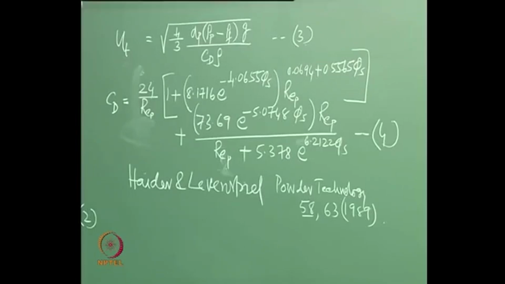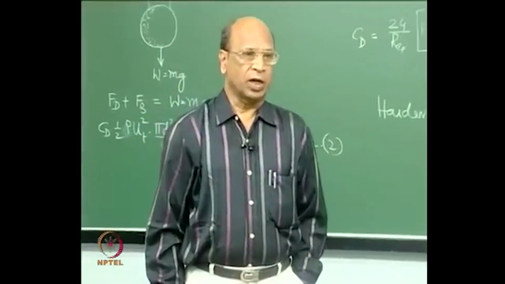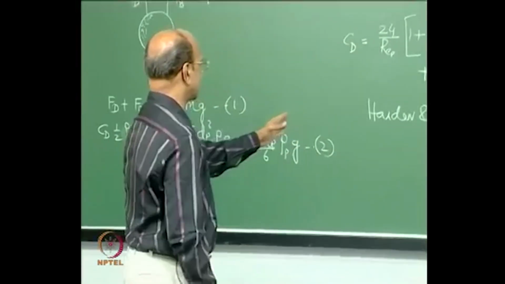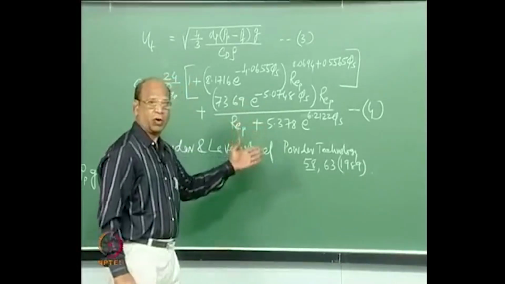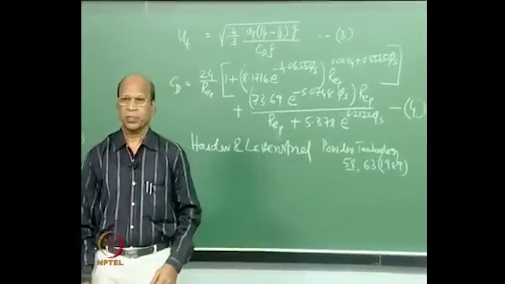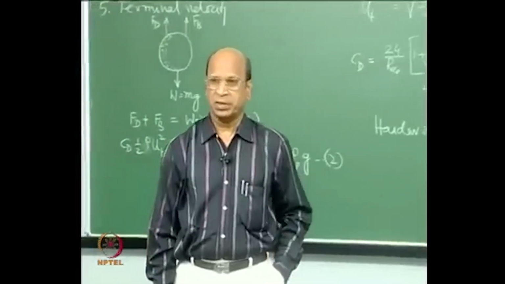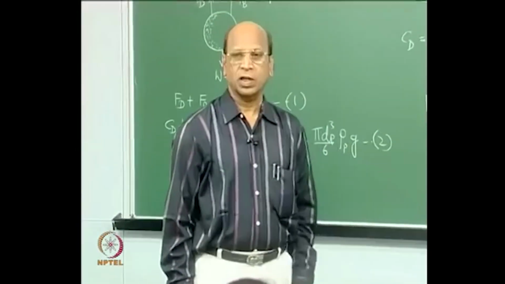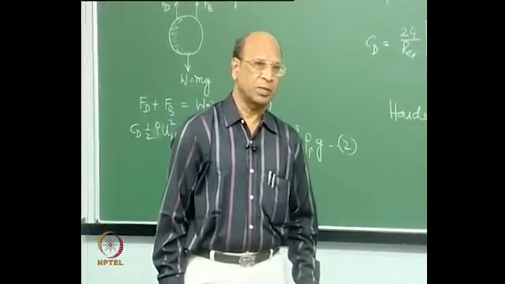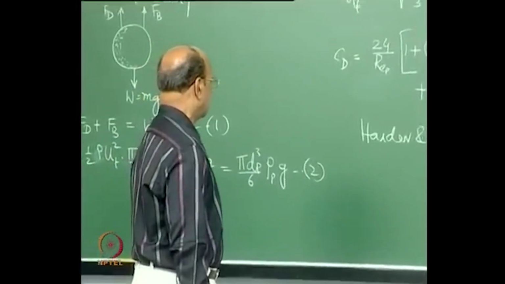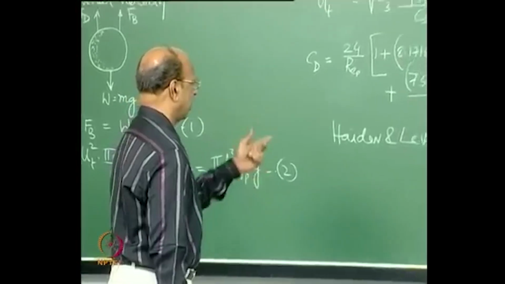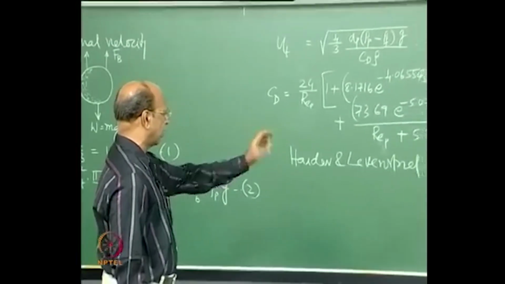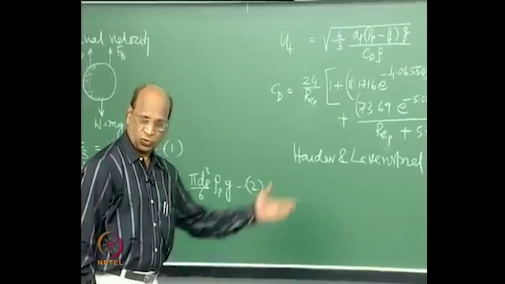So, I think this is the correlation. If you see the literature, there will be hundreds of UT correlations, but this is a very well accepted one, because so much effort has gone into it. They took all the data that was available and published till then, and put it into one correlation. Okay? Yeah, good. So, this is the equation, and as usual for completely spherical particles, you can reduce this equation